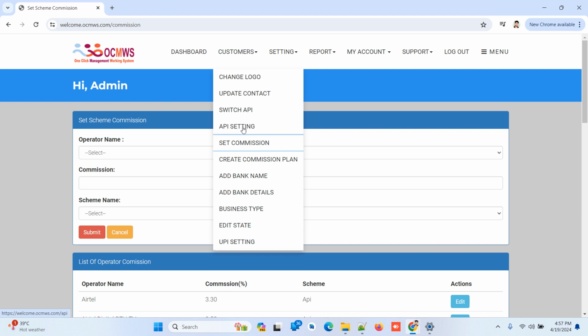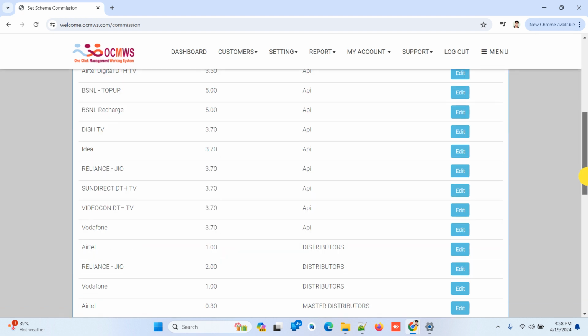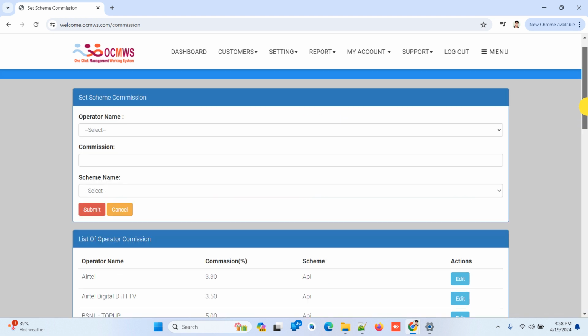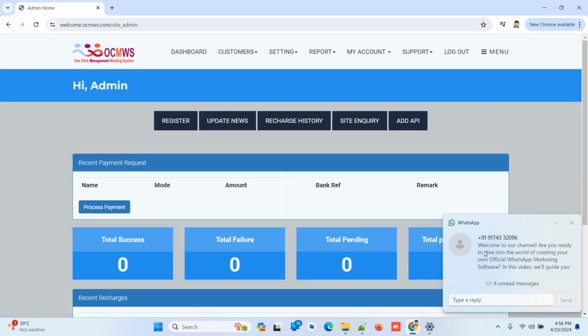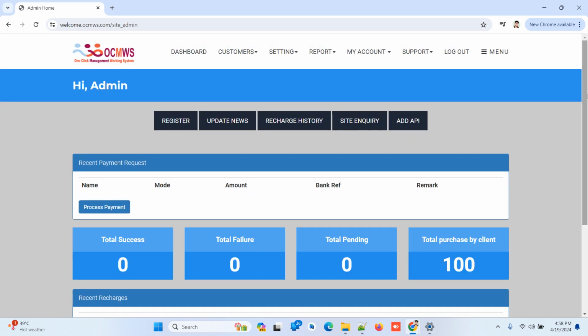You can add bank name, business type, edit settings and UPI settings. We added 3 more settings inside here to make it easy to use and provide to the customer. We also build a unique application to give directly to the client, and it will be more efficient to use and log in directly, and it's a comfort zone to use this application. So don't worry about that. We can make more efficiency and validation.